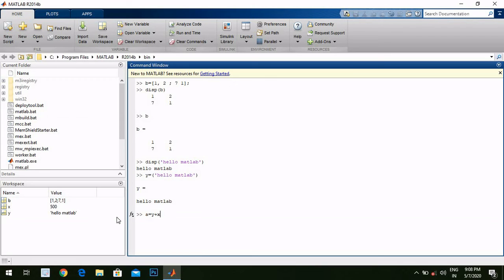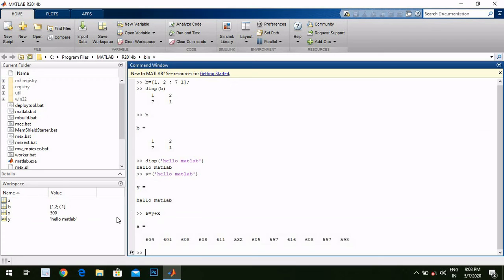So it needs to be hello MATLAB space 500, right? So press enter. Over here we are not getting hello MATLAB. Something is wrong, I can see. Also the value of x is 500, but over here we are getting 604, 601 and something like this. It is not as we expected, right?